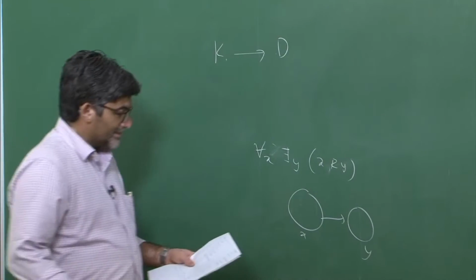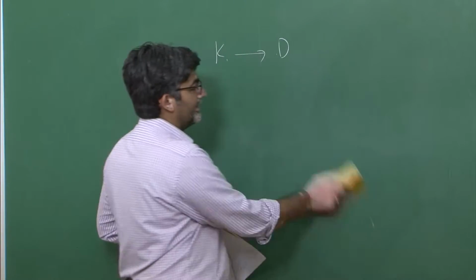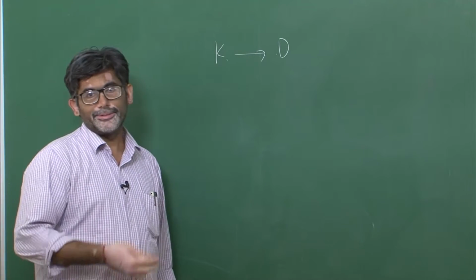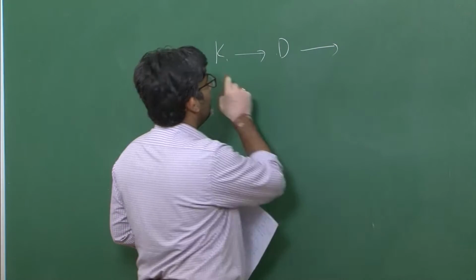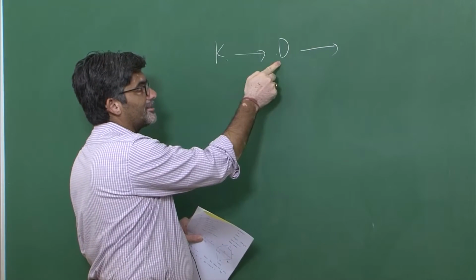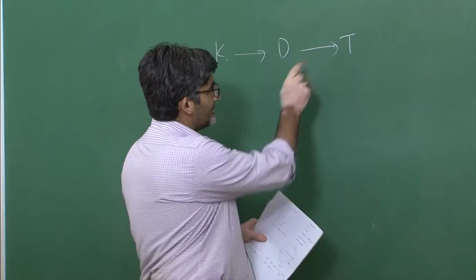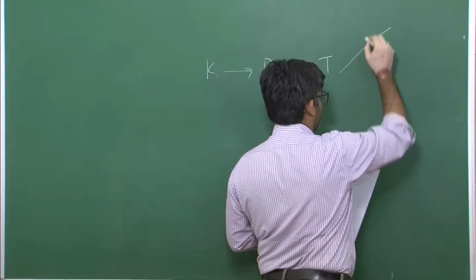Interestingly, this axiomatic system was introduced before T. Reflexivity sometimes leads to the property called seriality. So anything which is valid in K has to be valid in D, and it has to be valid in T also. Anything which is valid in D has to be valid in T. Then it goes like this.